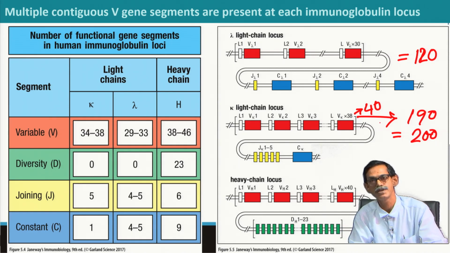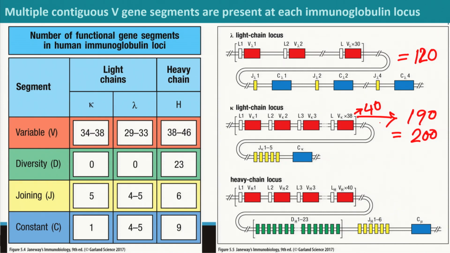In the same way, if you calculate how many different kinds of heavy chain are possible, what do we have to do? We have to multiply the variable segments, because any D can join with any J. So that gives 23 times 6. This is the possible combination of D and J, and then that combination can join any one of these 40. So the total number is 40 times 23 times 6. You can easily calculate it, I am not spending time on the calculation.